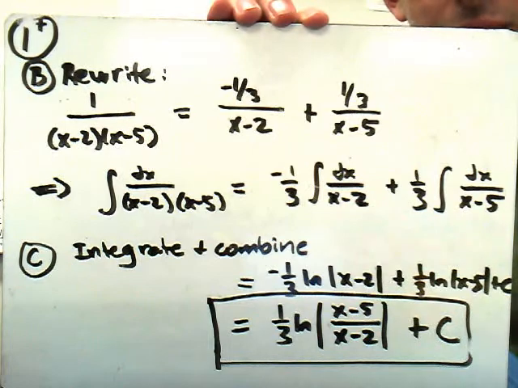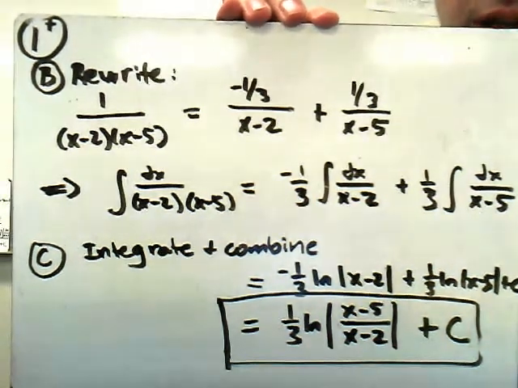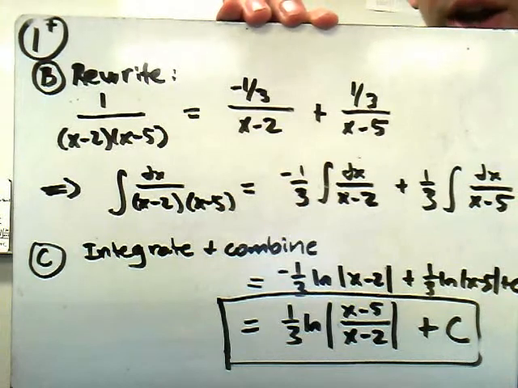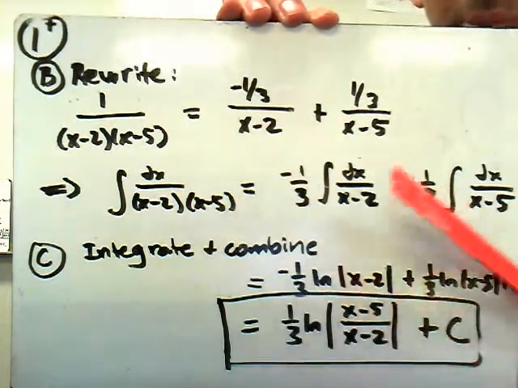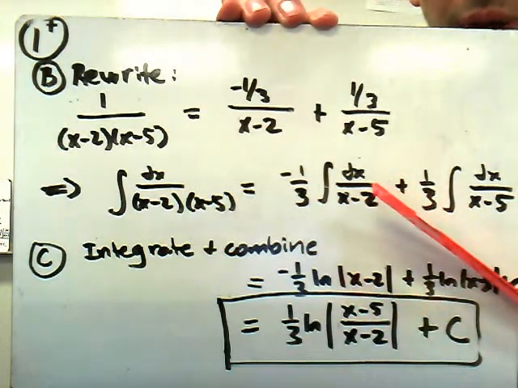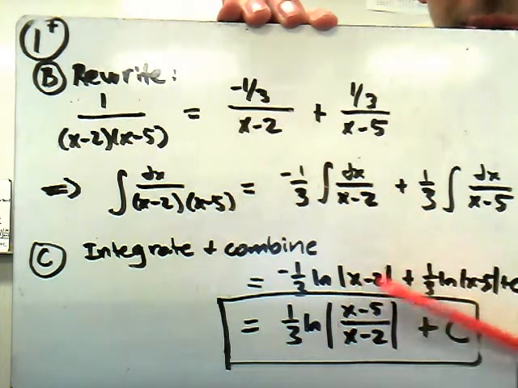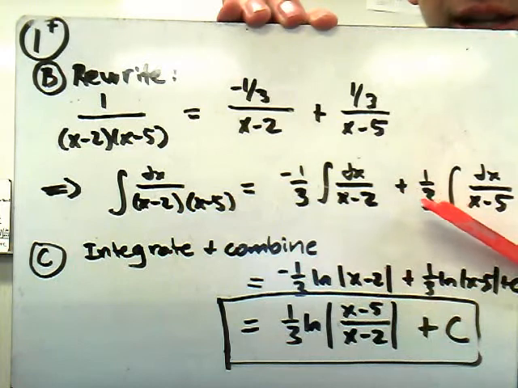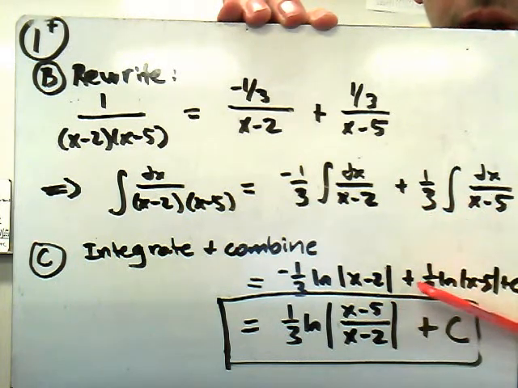The whole object of doing integration by partial fractions is that generally we can reduce our fractions into integrals that we can evaluate using natural logs. In this case, we're going to integrate each part separately. The integral of 1 over x minus 2 dx will get us the natural log of x minus 2 times the constant. And then we've got the integral of dx over x minus 5, which produces the natural log of x